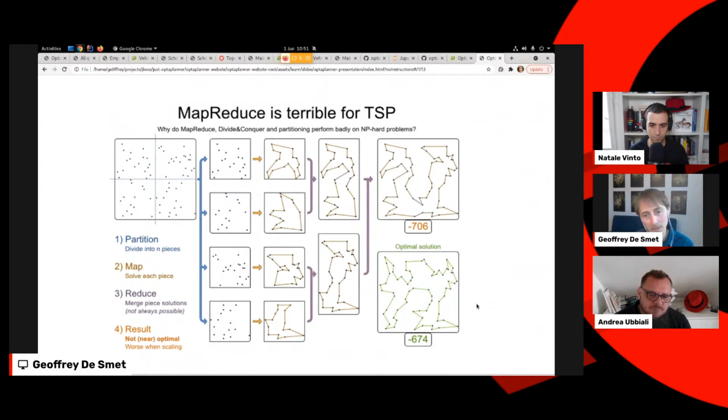So this is the big problem of all of these optimization problems. You cannot say I have a big problem, I cut it up in pieces, I solve the pieces independently, divide and conquer, map, reduce, whatever you call it, and then in the end, I put them all back together and I get an optimal solution. And that also means that if you have one data set you need to solve, and not, let's say, hundreds, you can't really scale that to a number of pods. What you can do, however, what Optaplanner does support, is within one pod, scale the solving of it across multiple cores.